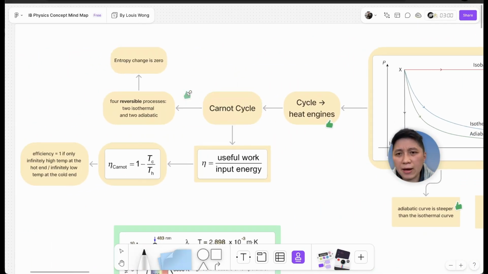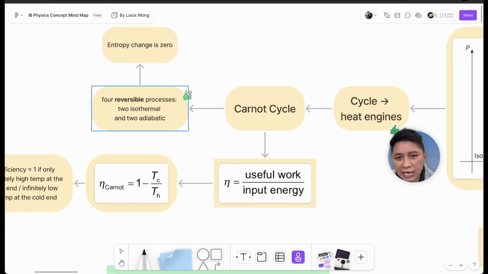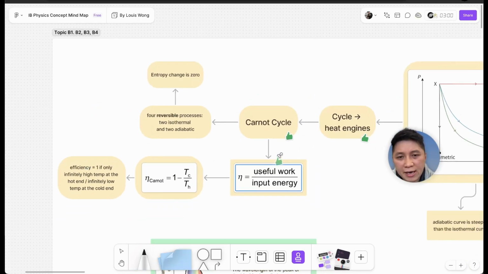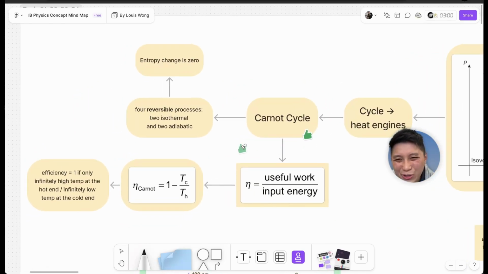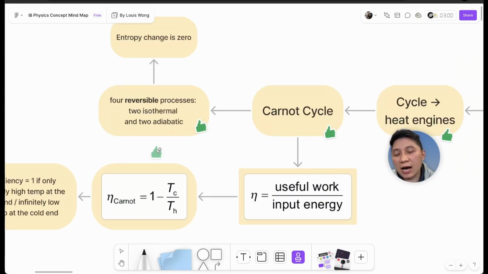At the same time, there's a big part on something called the Carnot cycle, which is an idealistic way to consider the so-called most efficient engine. And hypothetically, we are including 4 reversible processes, because we talk about entropy,